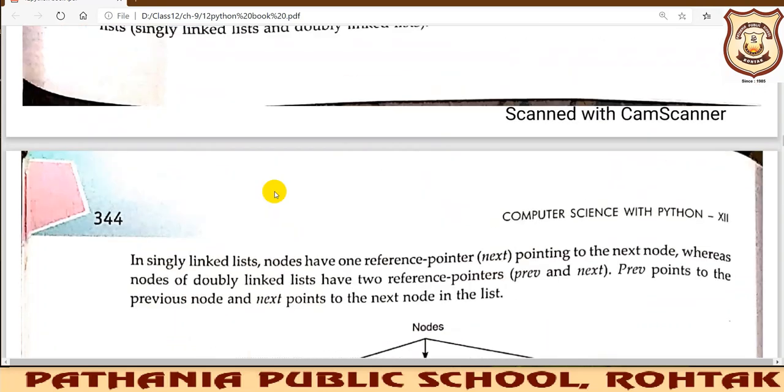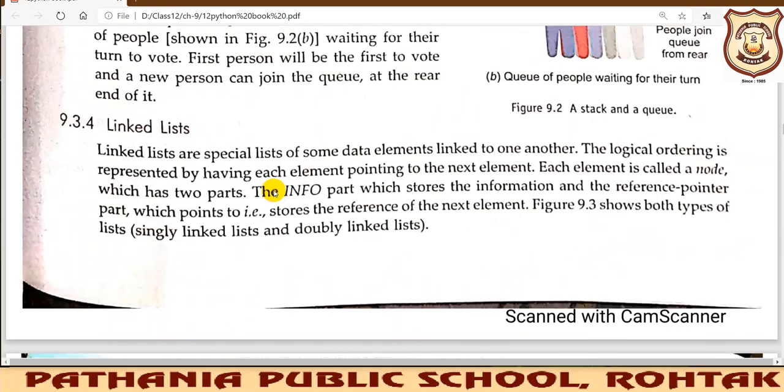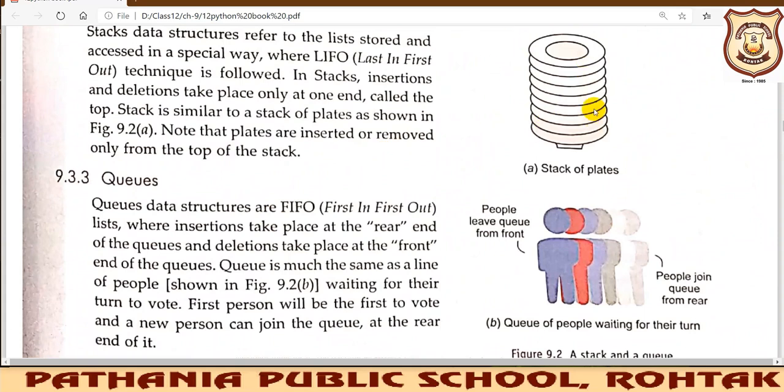If you want the last element the most, then you can go with the stack. And if you feel I need to serve the first one first, the first one who has entered, I need to serve that particular thing first, then you need to go with queue. So it is totally your call, or we can say your requirement, which data structure you are using.